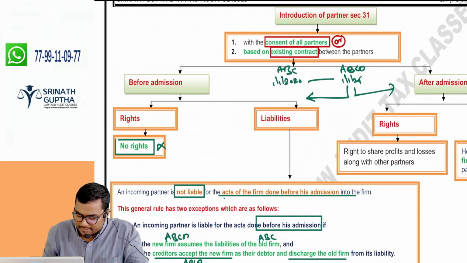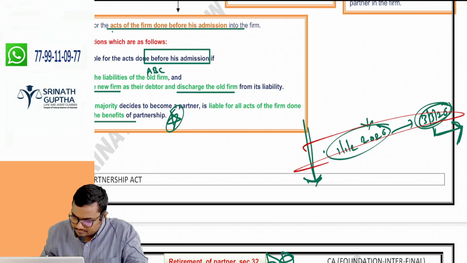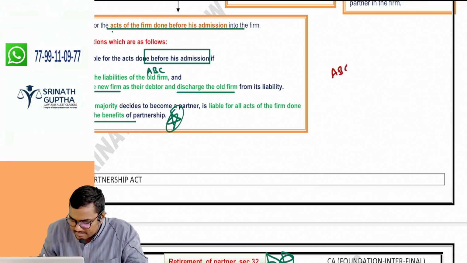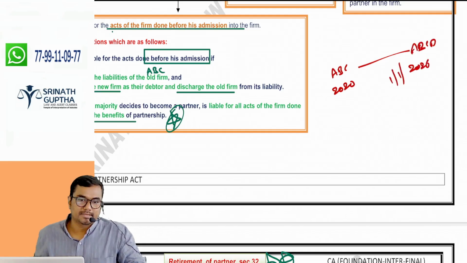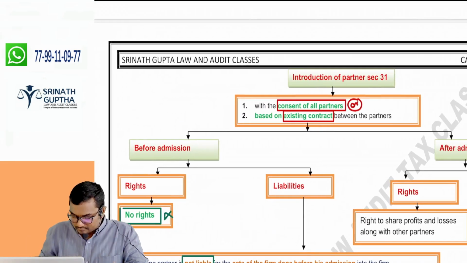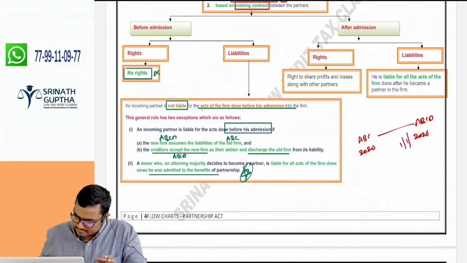A partner can be admitted to an existing firm with the consent of other partners. So there is a partnership called ABC and Associates. It was created in 2020. On 1/1/2026, a new partner is admitted: ABCD and Associates. A new partner can be admitted with the consent of other partners, or as per the existing agreement. We discussed examples. Once a partner's son becomes major, he will become a partner as per the agreement. So, for example, he is admitted on 1/1/26.